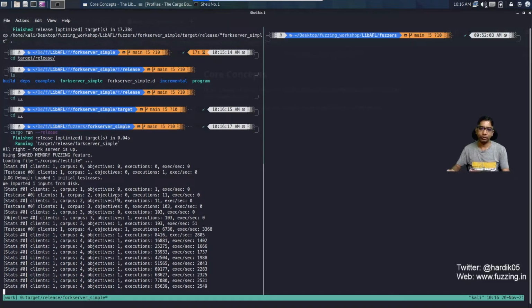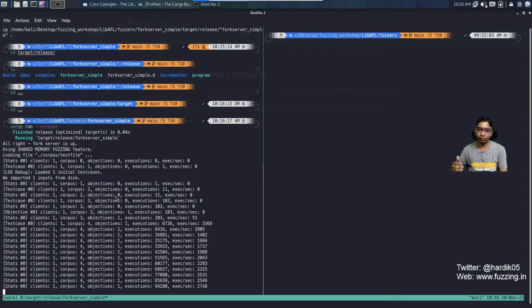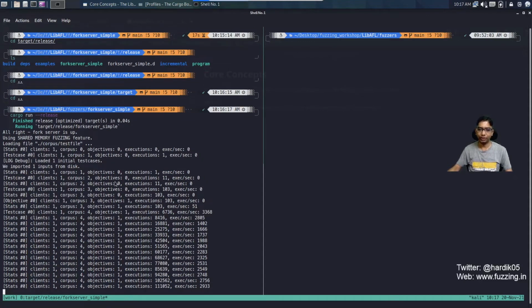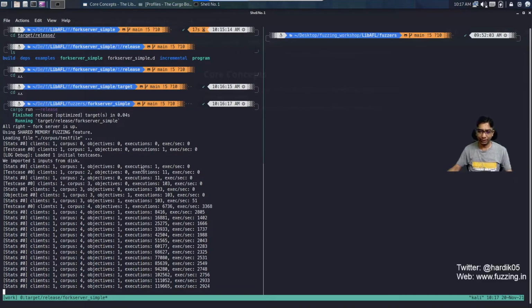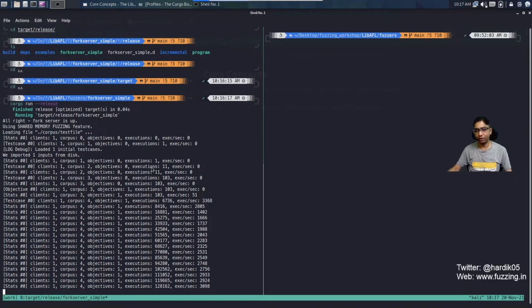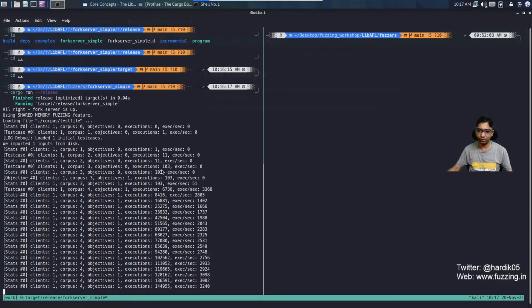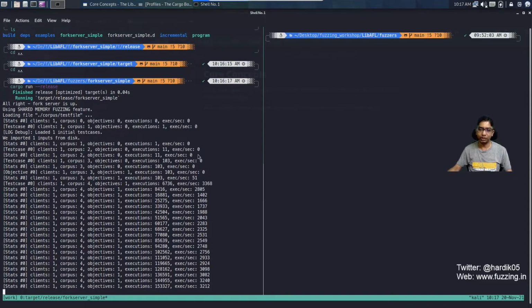Objective is something like when a program crashes, that is our objective, right? So whenever it crashes, the count will be increased by 1, or if it finds any new program path, that can also be an objective. Executions will display the total number of executions, first 1, then it keeps on increasing, and executions per second is basically the speed which we are getting.